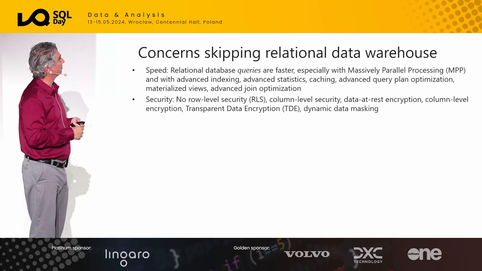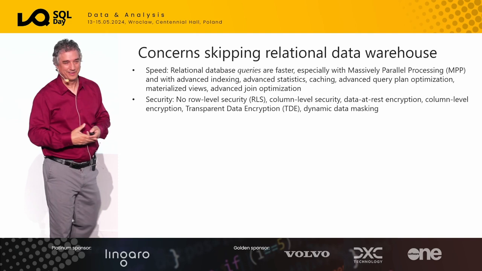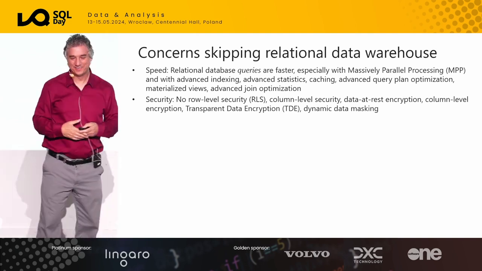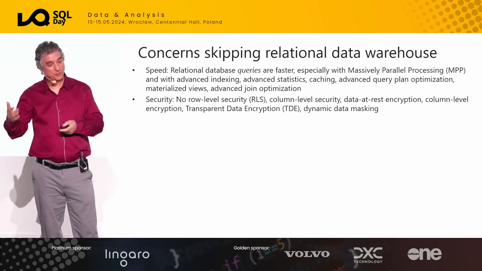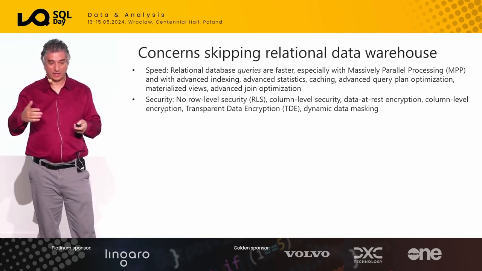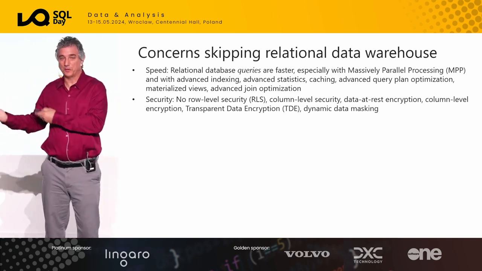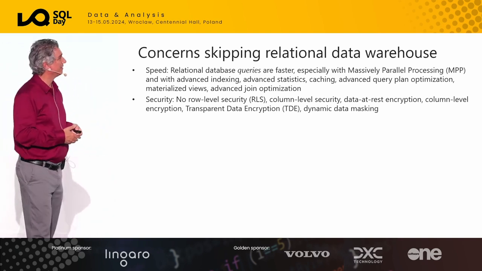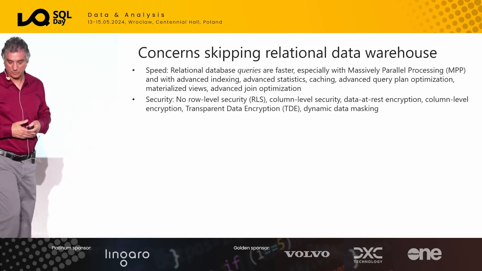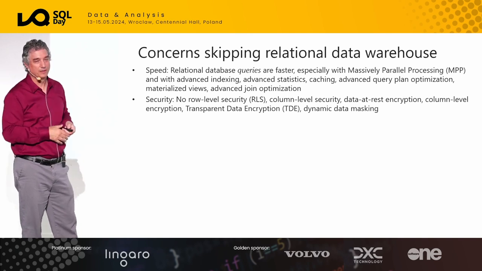The other concern is security. I mentioned there's no row-level security, column-level security, dynamic data masking, and so how do I get around that? Well, one of the ways you can get around that is I can copy the data into Power BI and use row-level security in there. Now, if you come and say we're not using Power BI, then okay, that's not going to be a workaround. But generally, with most customers now, with the newest products, most of these things are either gone away or we do have a workaround, but not everything.